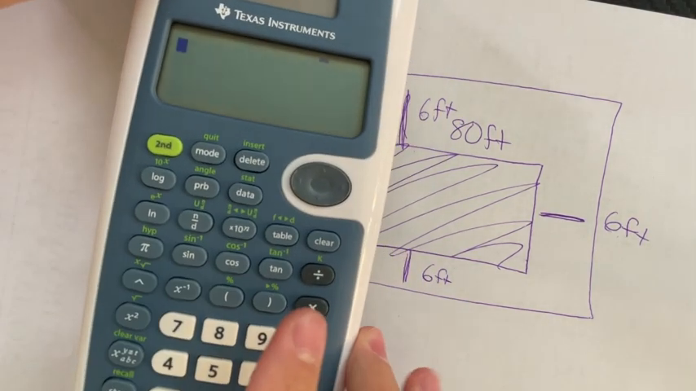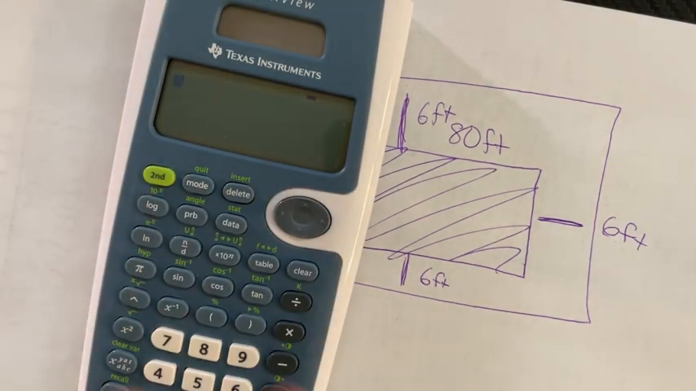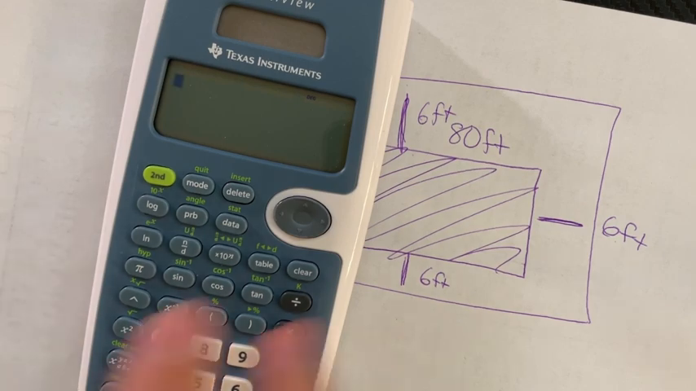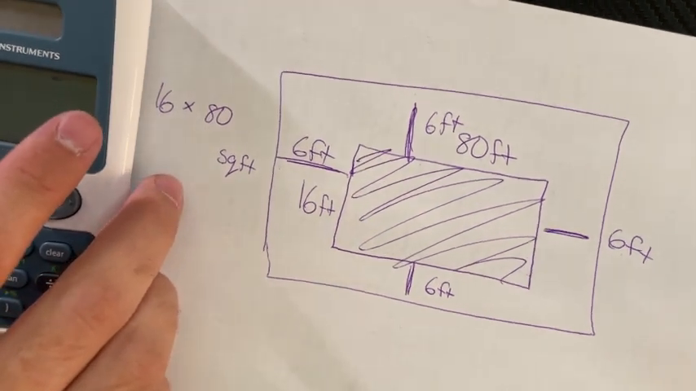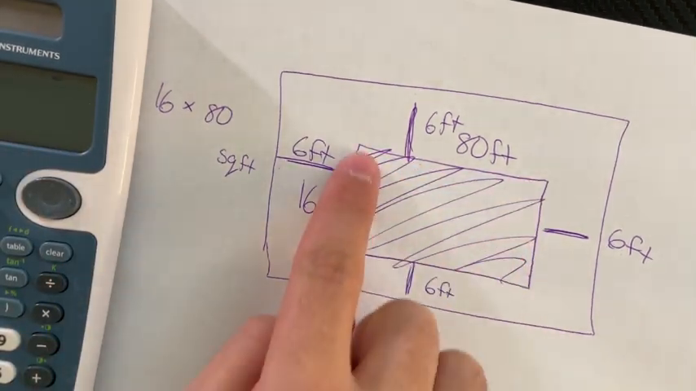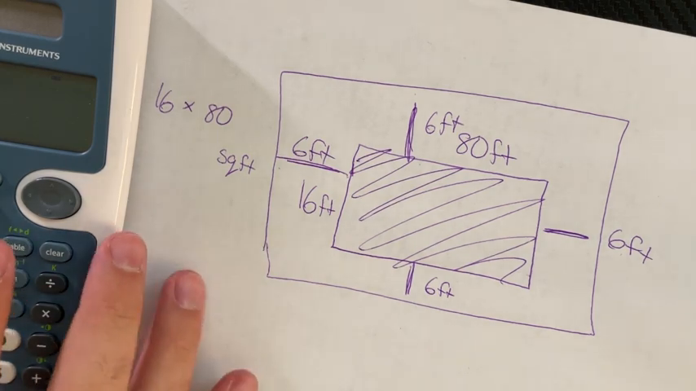Okay, so here's my calculator. Yours doesn't need to have all these fancy buttons. It can just have plus, minus, times, divide, and you're good to go. Okay? So what we want to find out is what's the size of the brown area? What's the inside? Okay? So we're going to do